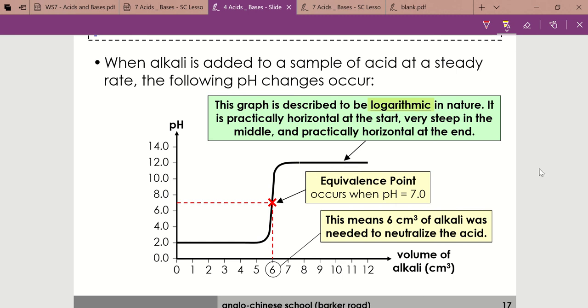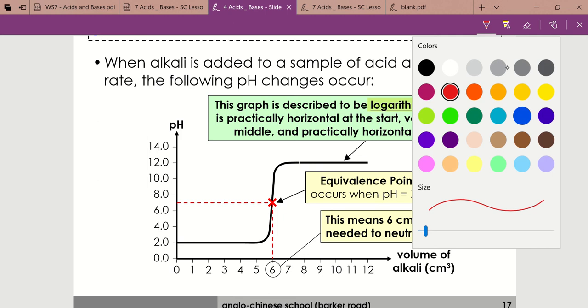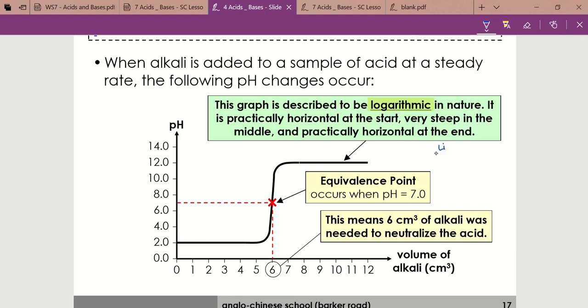This is in contrast to a linear graph, right? A linear graph, on the other hand, is a straight line graph. So a linear graph will look like this, where whatever things that I added in will cause a direct change as an effect. But you would realize that our pH graph is not a linear graph. In fact, we usually call it an S-shaped graph